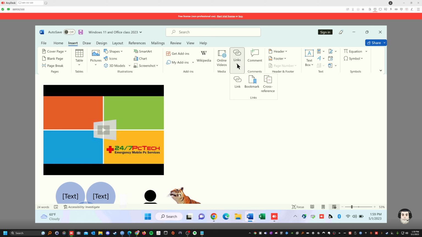Well, it doesn't have much information, it says link. You could get a bookmark, or you could cross-reference a link. Insert a bookmark. You know what that is. Website, whatever. A link. Create a hyperlink for your document so you could quick access to websites and web pages and files. Cross-reference links from one place to another. Okay?